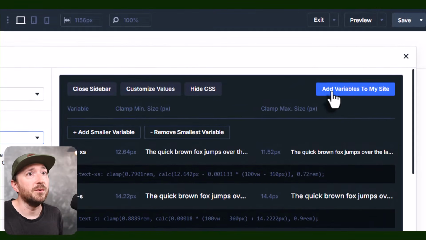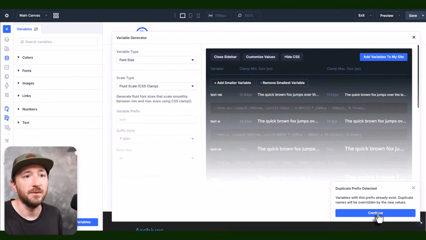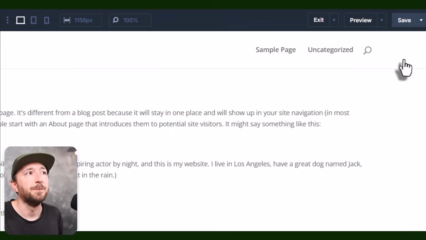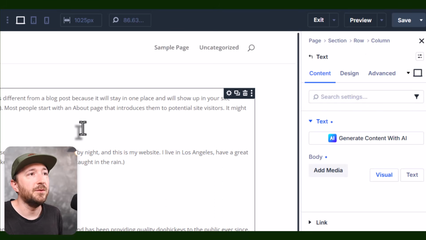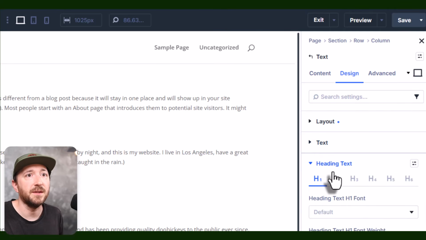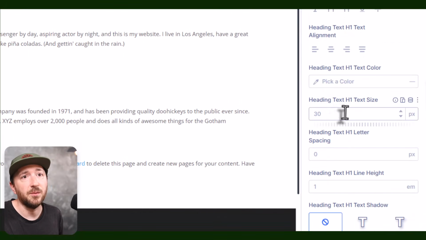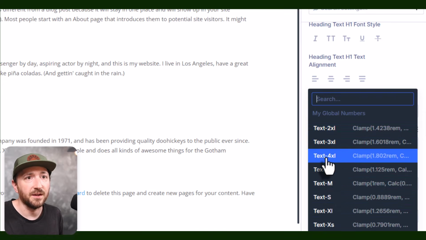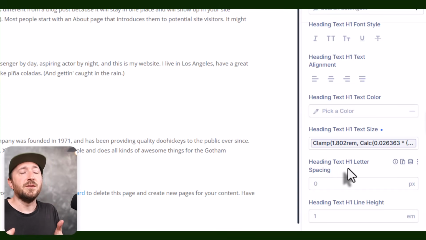If I were to add these variables to my site, which I think, did that do it? Oh, here we go. I guess it did it. I didn't actually see a confirmation. Now, if I go into any text module, go to the design. Maybe I'm looking at the heading text here, and let's say I want to add a variable, so I click this little icon here, and here they all are. And let's say I click one, I've still got to go into every single module and add it, like literally